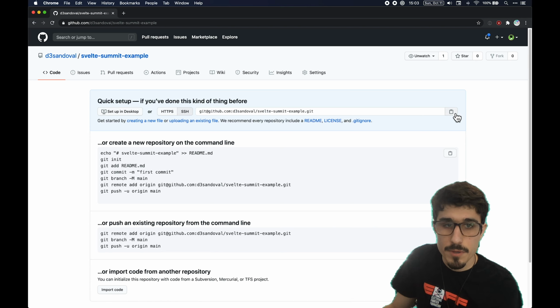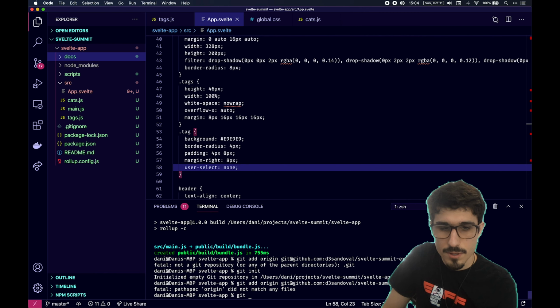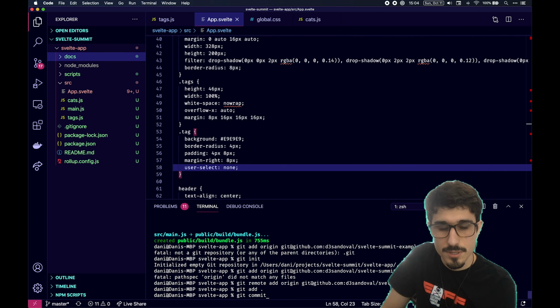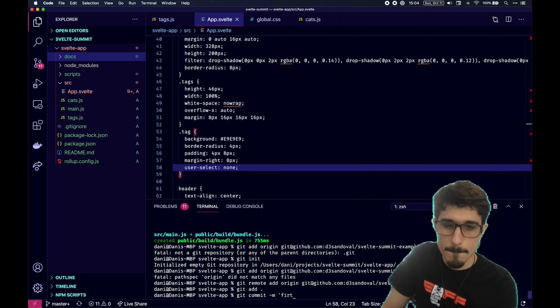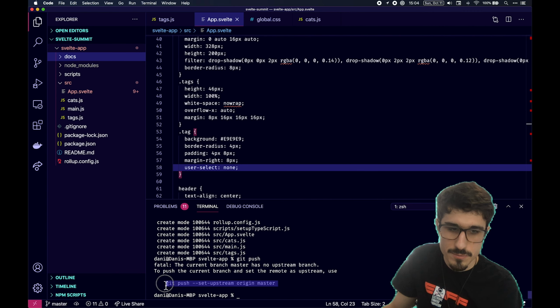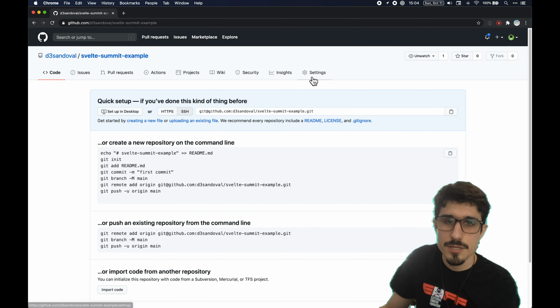And from here, we will copy this. If you're using HTTPS to log in to Git, you should use that. And we'll go ahead and git remote add origin. There we go. And now we can just git add all. And we will git commit, first commit. And git push. Oh, can also do that. There we go. So while that's pushing, I'll show you the setting to turn on so you can get this